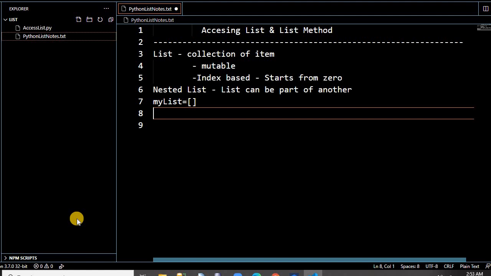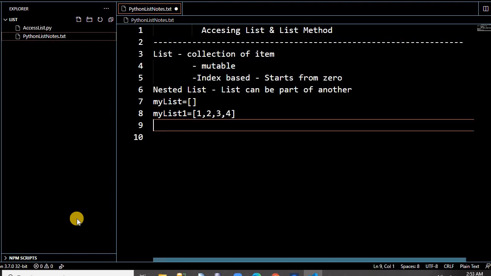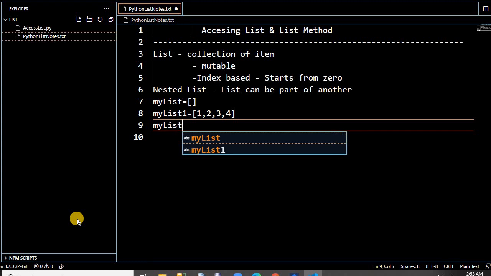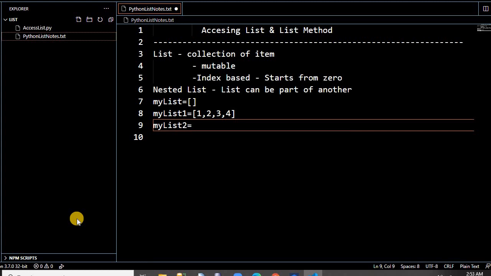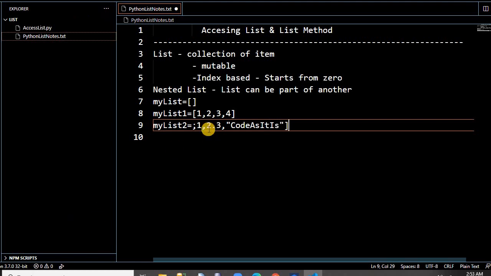If you just declare the list like my_list and leave it blank, it means that it's an empty list. If you write something like my_list1 with integers 1, 2, 3, 4, it's a list of integers. If you write something like list2 with 1, 2.3 and a string like code, it is the mixed list, containing an integer, a float number, as well as a string.